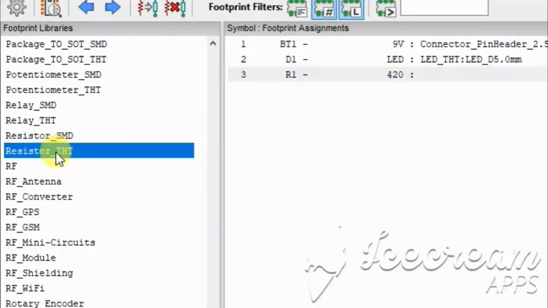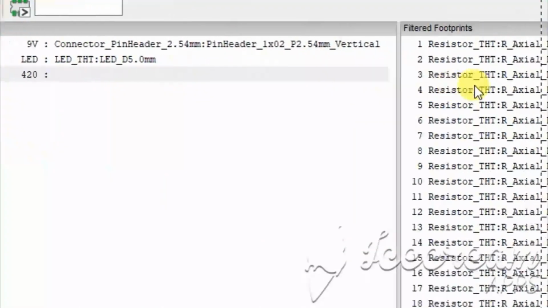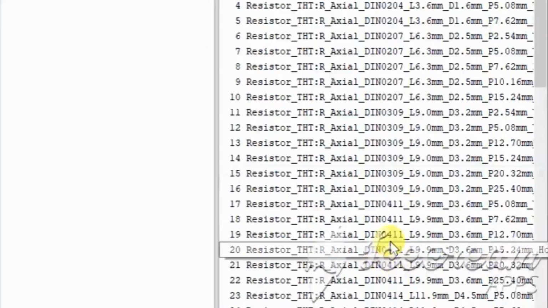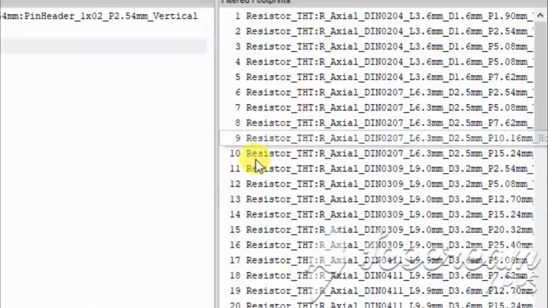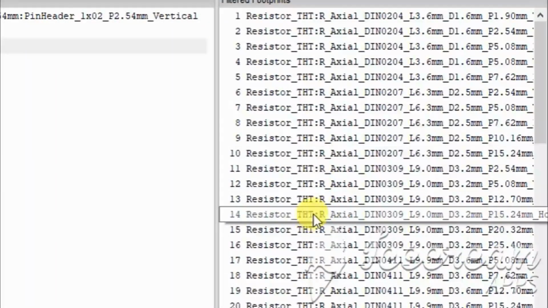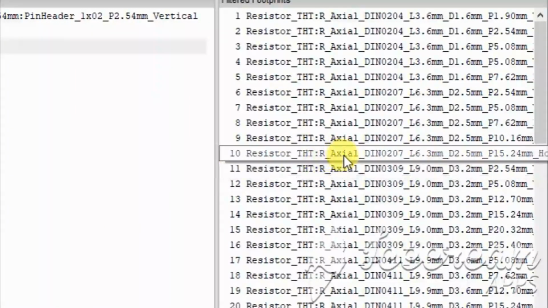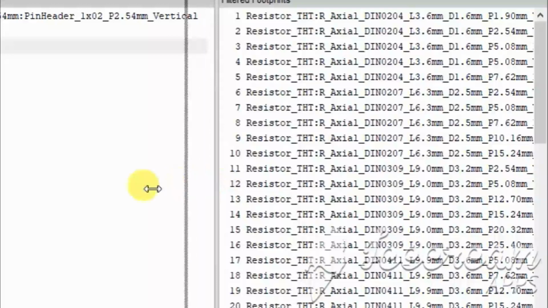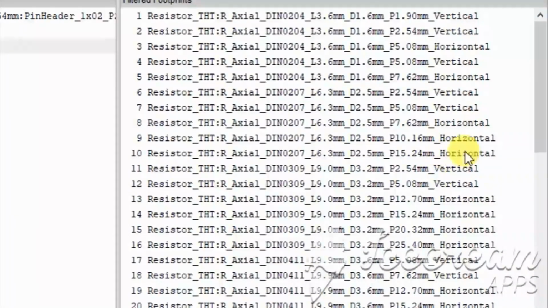This is the resistor THT, and go to your filtered footprints and search resistor THT or axial, L6.3mm_D2.5mm_P15.24mm, horizontal.